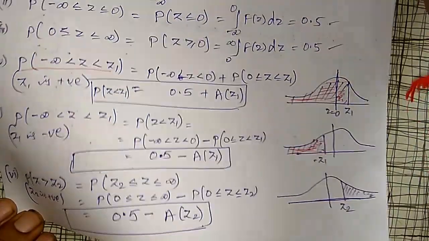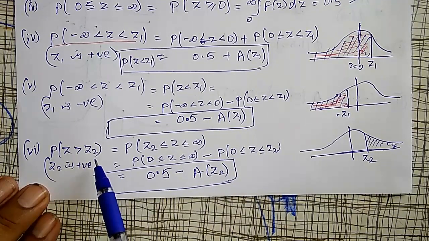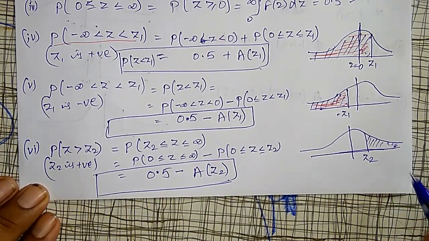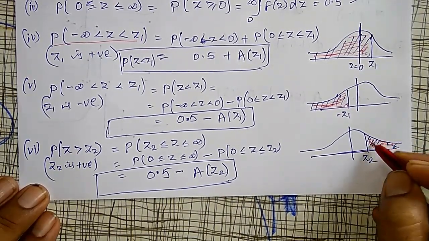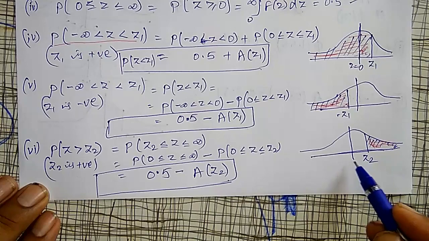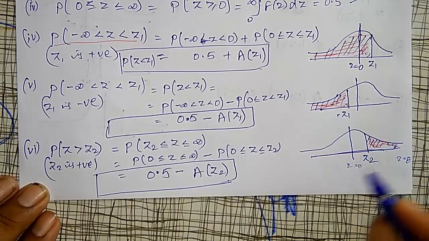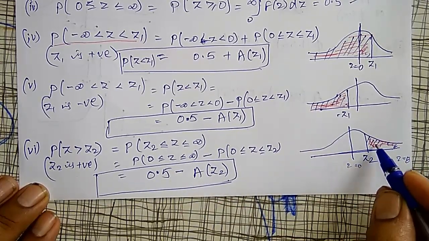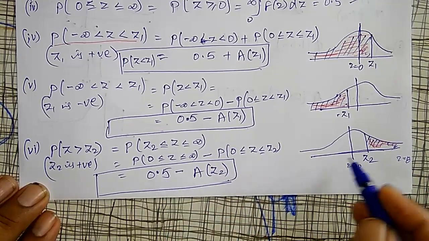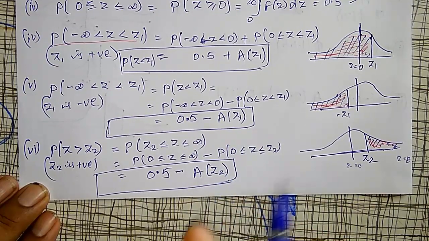Like that, the probability of z, if it is greater than z2, z greater than z2 I want to find out, more than this. This is my required area where I am going to find the total area. That again I will divide. I can find the total area from z equal to 0 to z equal to infinity, I know this is equal to 0.5. From that, if I subtract this area, I will get this required area. Therefore, 0.5 minus A of z2. A of z2 is from z equal to 0 to z equal to z2. Like that, in the problems, I am going to adopt all these methods.